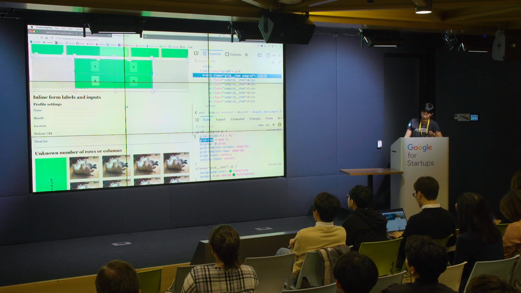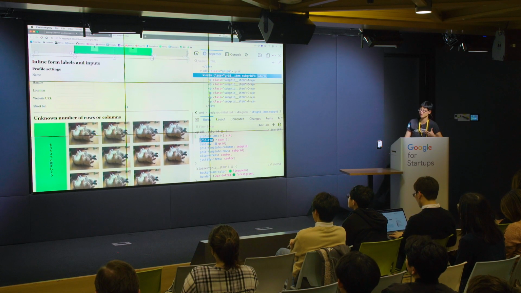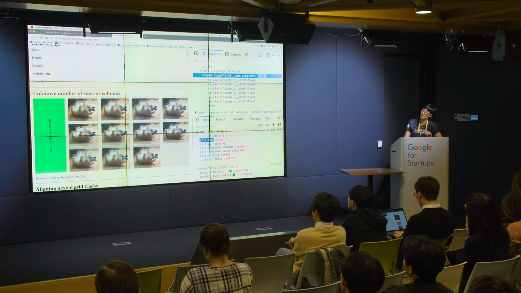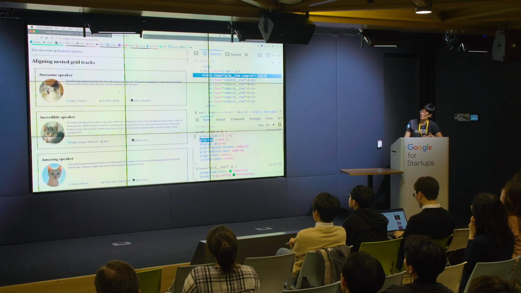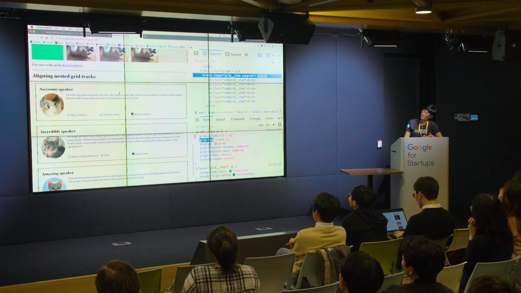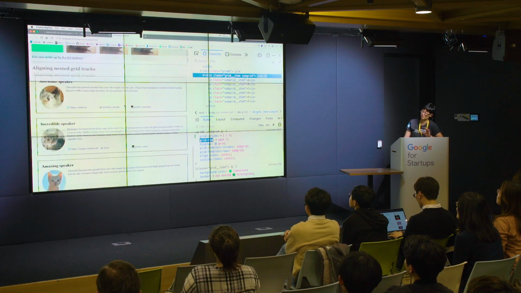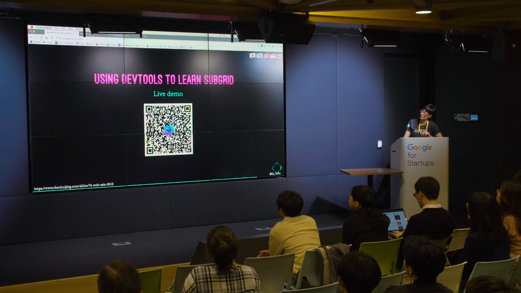And so these are the examples which I will be sharing with all of you later so you can see how the code works. These are the use cases that Subgrid can solve. And I think it can be very useful and you can sort of reduce the number of hacks you need to do in order to achieve this sort of layout. So I'm going to wrap up here